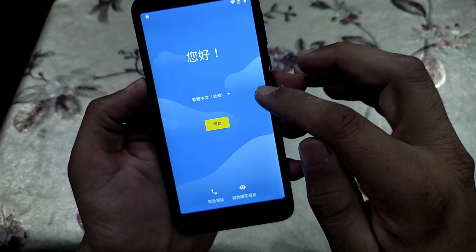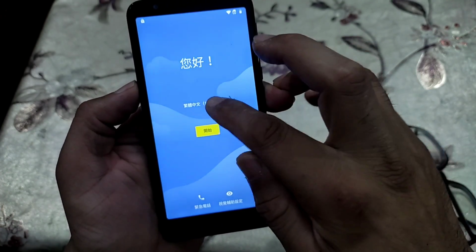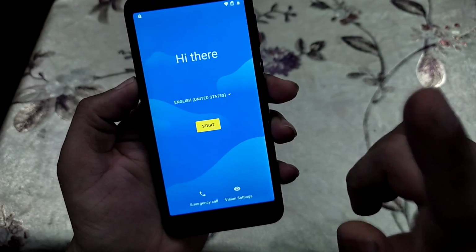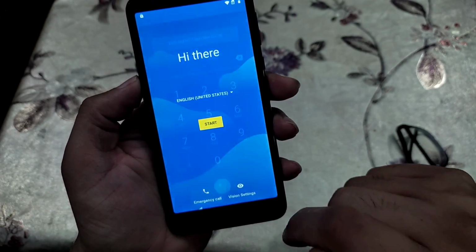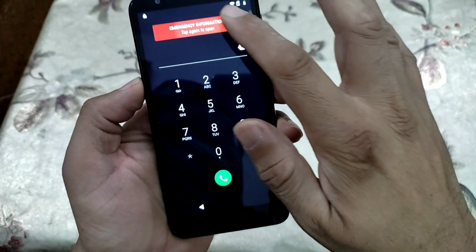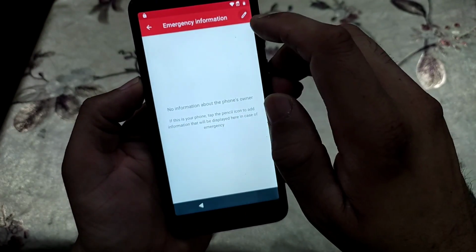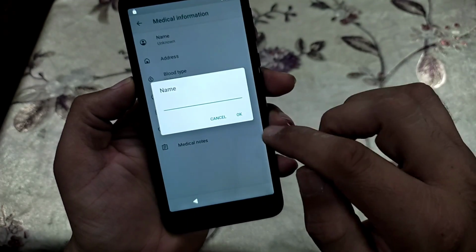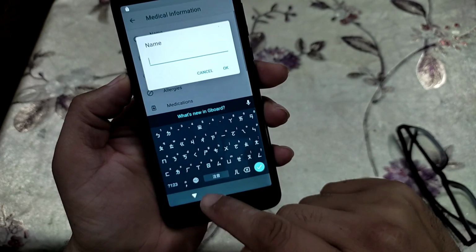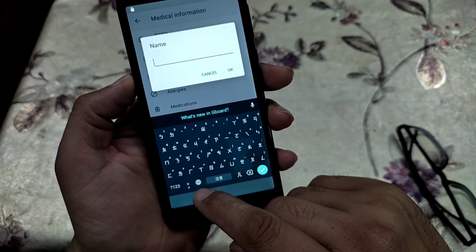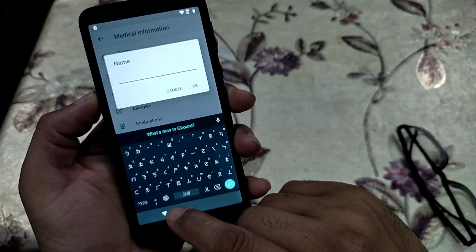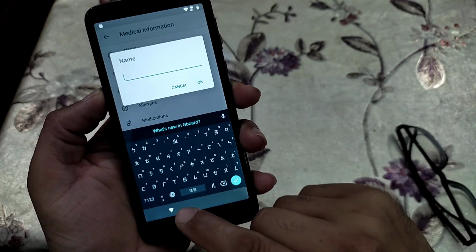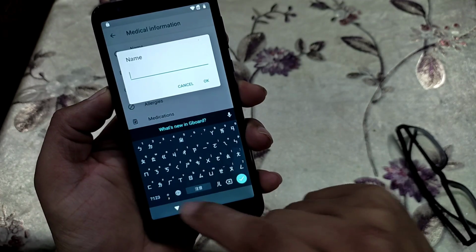Now we need to change the language to English so we can understand the process. I need to change the language in English. Now click on emergency call, emergency information 2 times, click on pen, again edit information. Now click on name. Now again click here, and you will find the world icon here. Long press on it, and do the same process which we did before. I long press on it